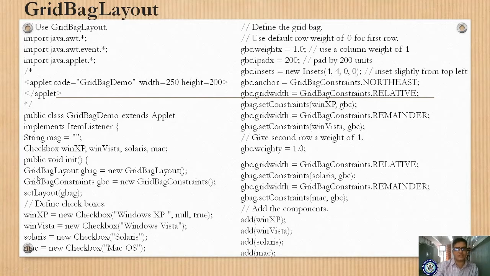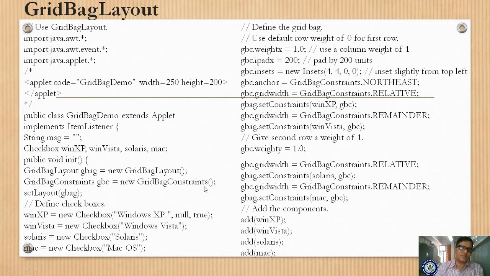In init, you take the GridBagLayout. We create the GridBagLayout object gbag. Next, you take the GridBagConstraints object, gbc.